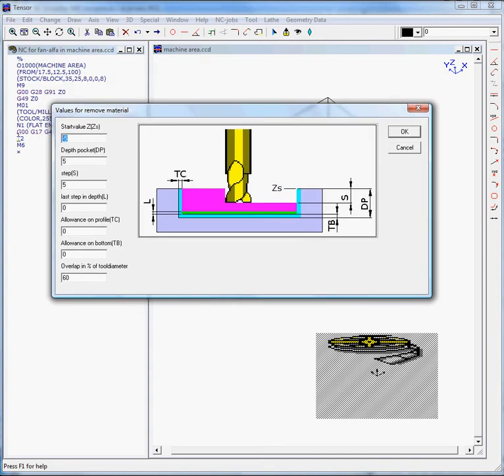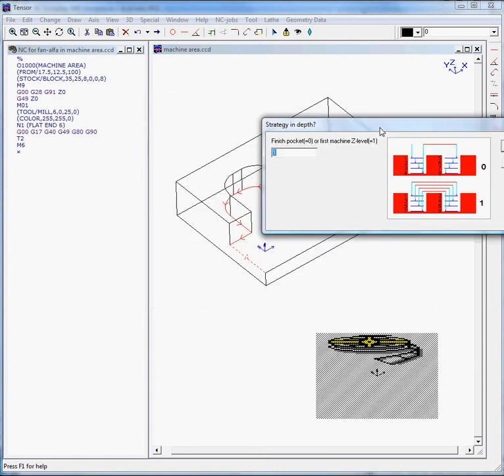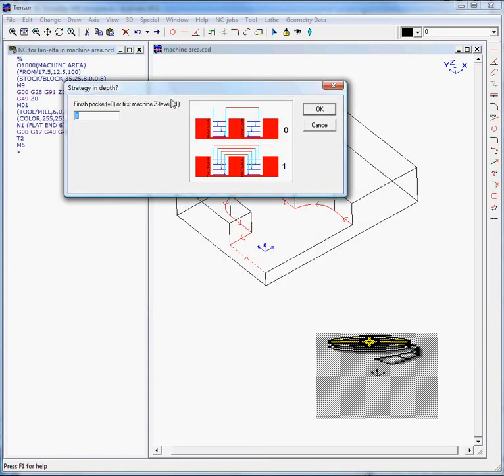The start value of Z is 0, the depth is 5, the step, let's say, is 3, and we'll have a finishing path of 4.9, so that will give you a better surface. The overlap of our tool is 60%, that's okay. We can select the Z level option, in this case strategy,